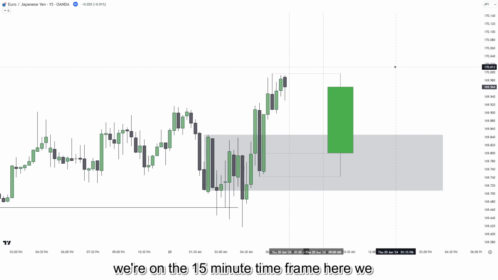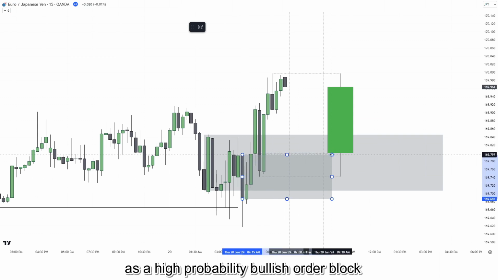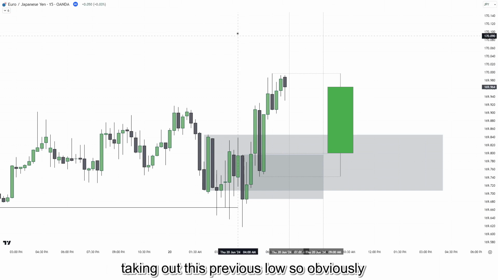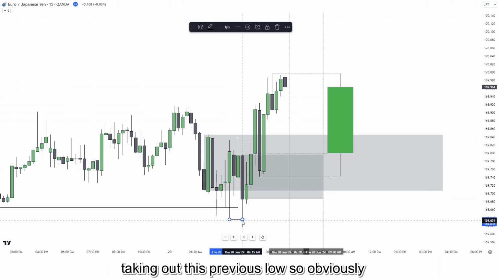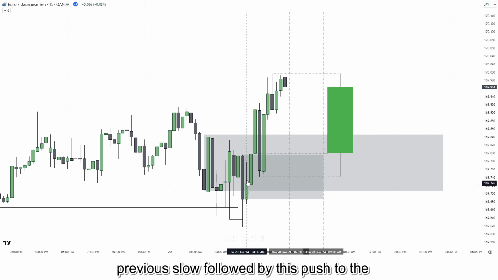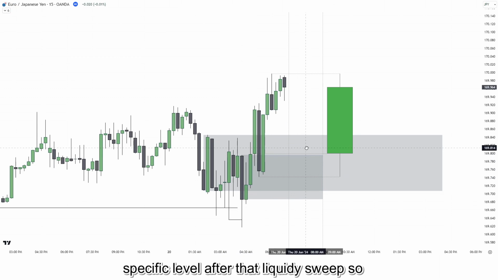So now that we're on the 15-minute time frame here, we can identify this last down close candle as a high probability bullish order block, because this was the last down close candle taking out this previous low. Obviously this last down close candle taking out this previous low, followed by this push to the upside, leaves this as a high probability order block because there's probably resting orders inside of this specific level after